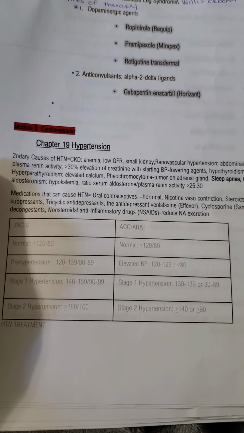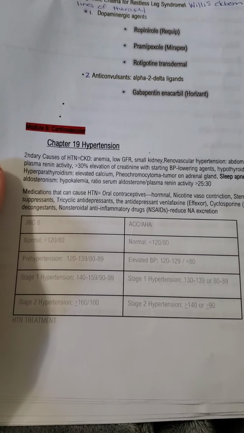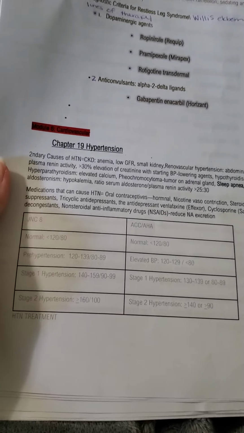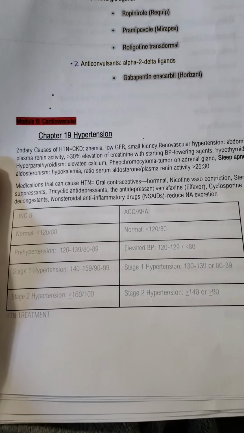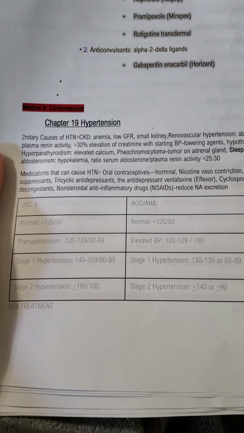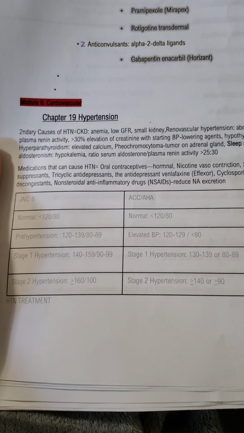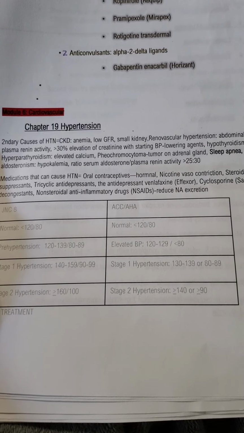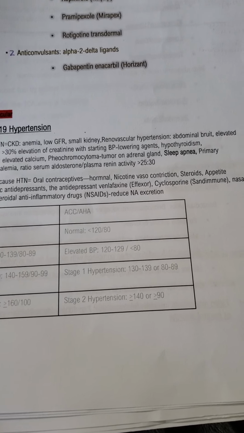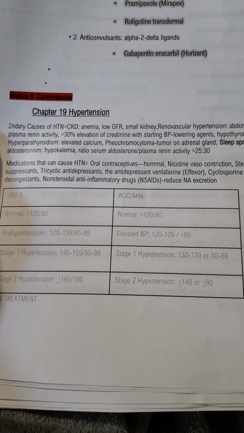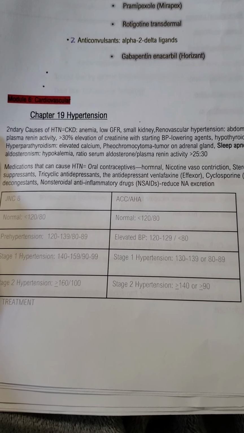Next, we have hypertension. Secondary cause for hypertension: chronic kidney disease, anemia, low GFR, small kidney, renovascular hypertension, abdominal bruits, elevated plasma renin activity, increased 30%